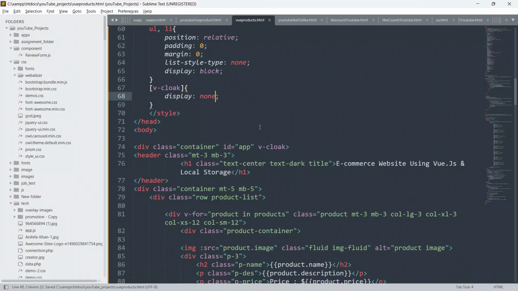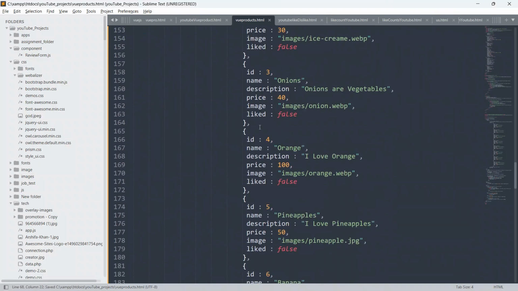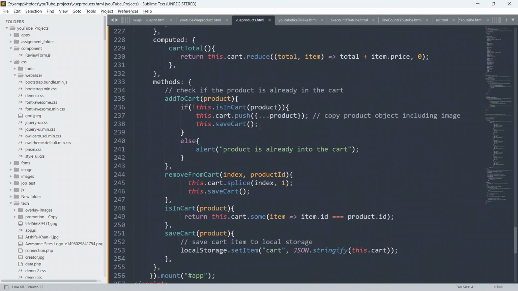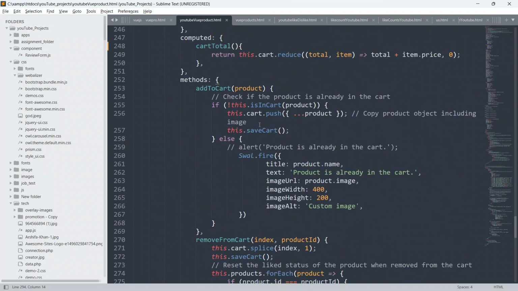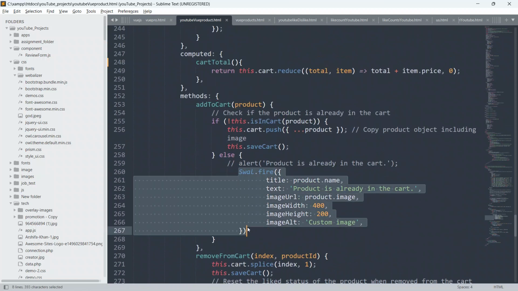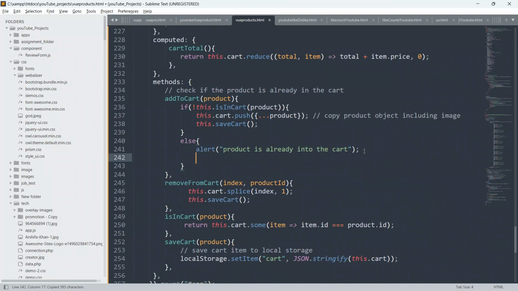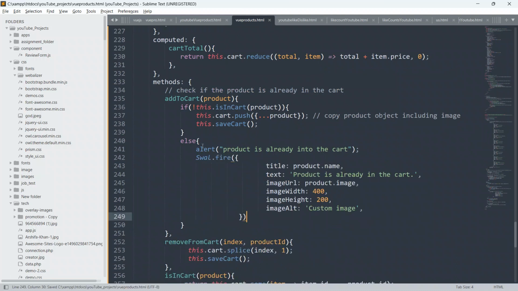Okay guys, let me just do one more thing. My motto from every video is to give extra, in-depth knowledge. So go to the previous example and copy this code from here. This is the switch alert. Paste it here and remove this, and just copy this from here, and it is already there, so remove this.